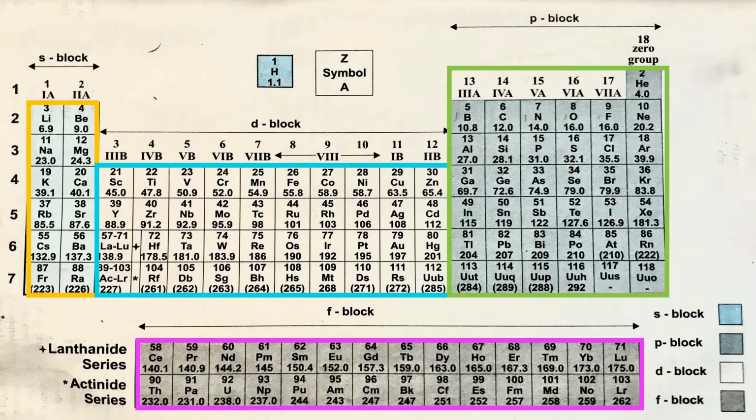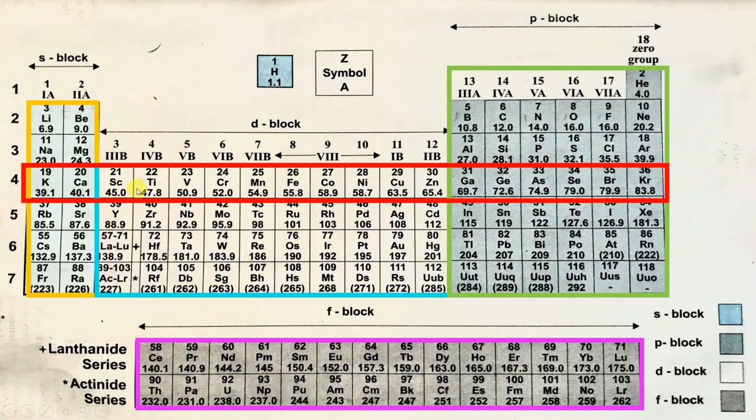So I am going to consider the fourth period. Why am I considering this fourth period? Because this fourth period has S block elements, D block elements, as well as P block elements. So it is covering almost elements of three different blocks. So it will obviously enlarge our knowledge of how the atomic radius changes in particular blocks. Okay, don't worry, I will also cover the F block elements.